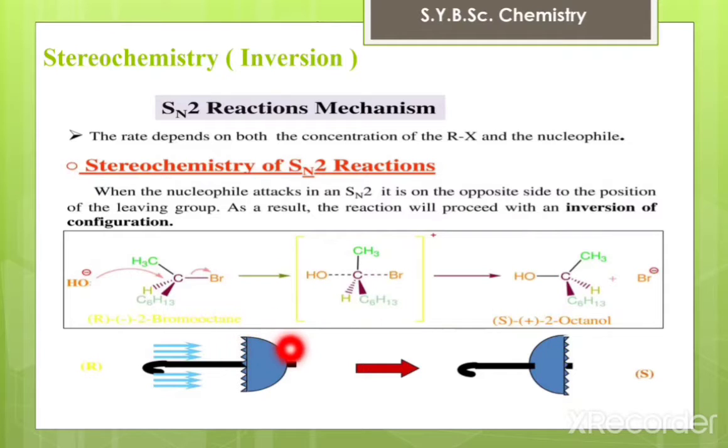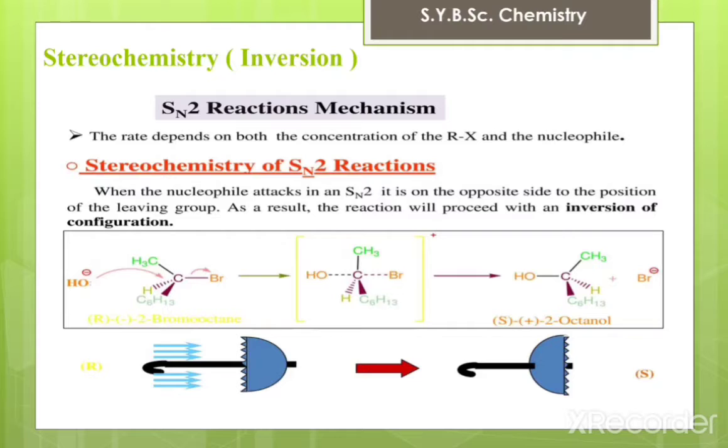Here this is the umbrella. After completion of the reaction, we get the inverted umbrella. That means R configuration changes to S and S changes to R. And in the SN2 reaction, the nucleophile approaches the substrate from the back side of the good leaving group. This approach is the most favorable as the nucleophile will have the least steric hindrance to attack the carbon atom. In the transition state, the attacked carbon atom has 5 bonds. I have mentioned here the transition state, there are 5 bonds.